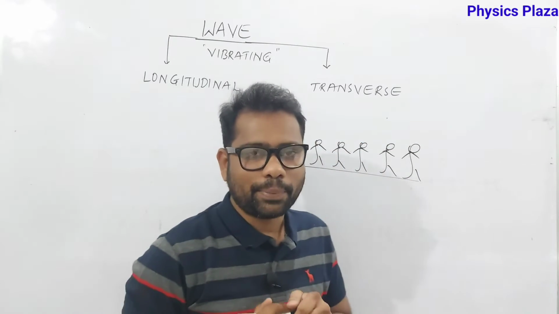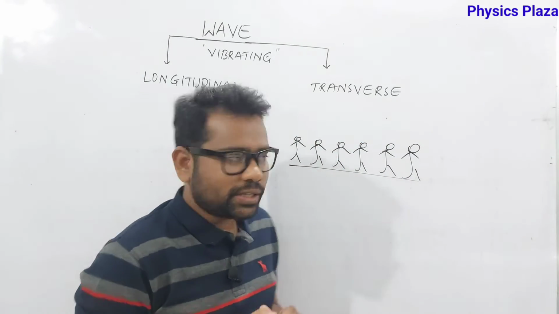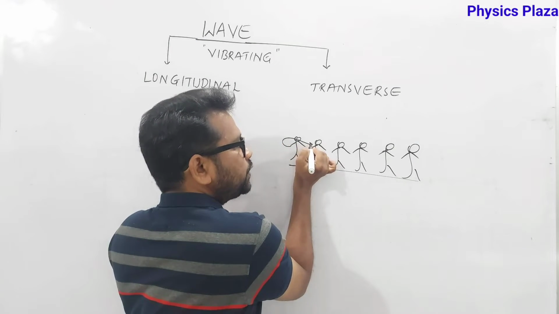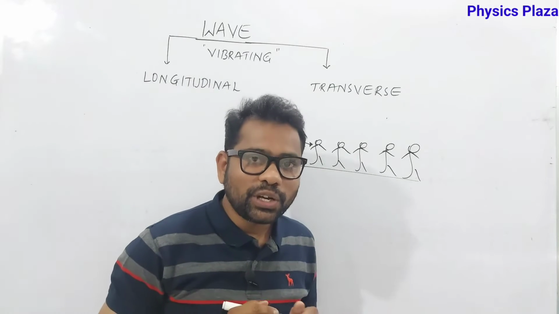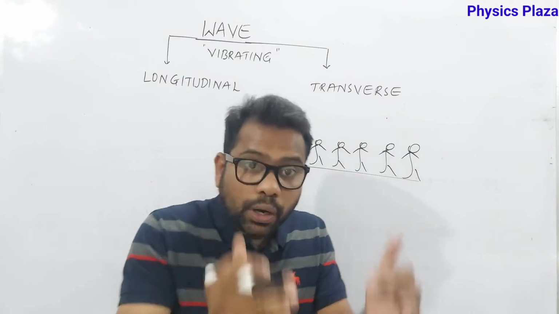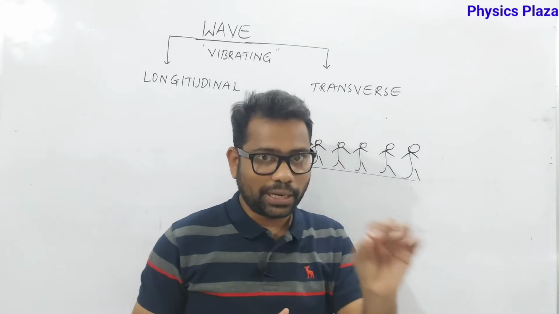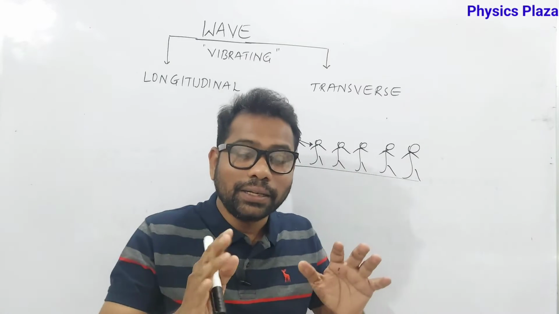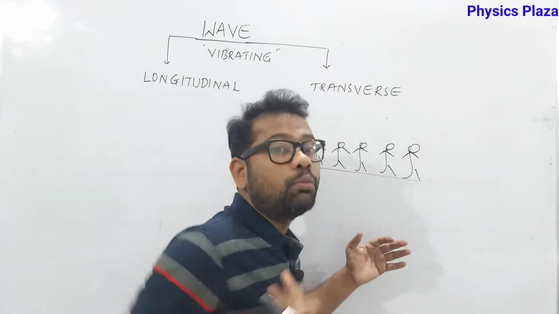Now sometimes, because of lack of patience, just think that the back person pushes the fellow in front. Then what will happen, children? All persons will go like this. Just think that they do not have a chance to move. Again, it's an assumption, right? We can think whatever we want. Just think that the persons do not have a chance to move.